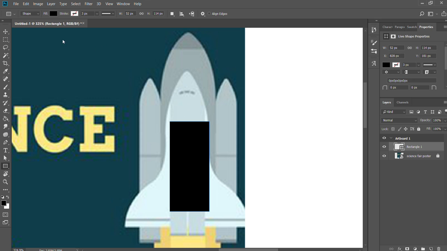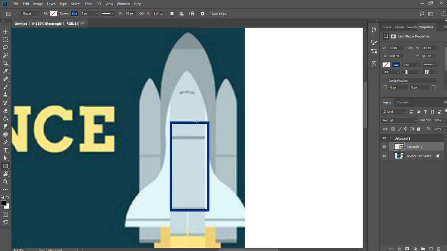Let's say I did want color for the stroke but no fill. I'll use blue this time, and then I'm going to go to my fill, click on that black square, and click on the white with the red line going across, and now I have no fill. But in this case I do want a fill, and let's say I really want to get this exact color right here. Well, what I can do is click on this little rainbowy thing,